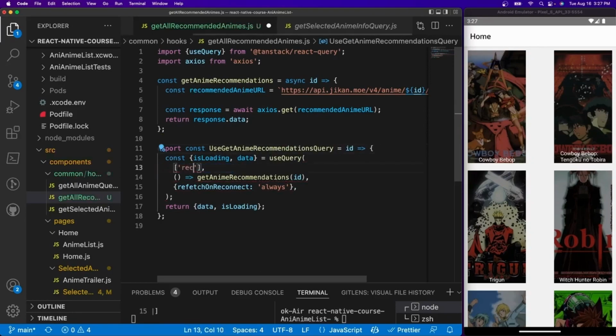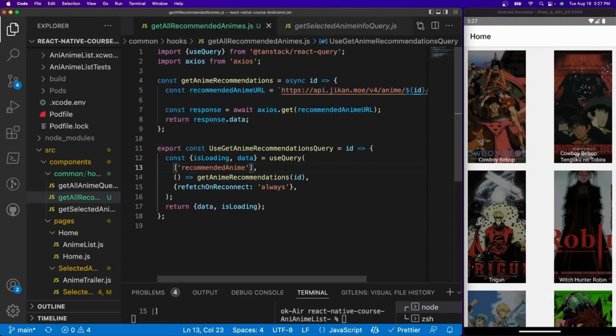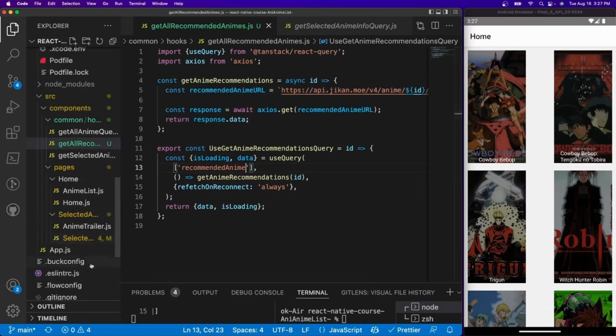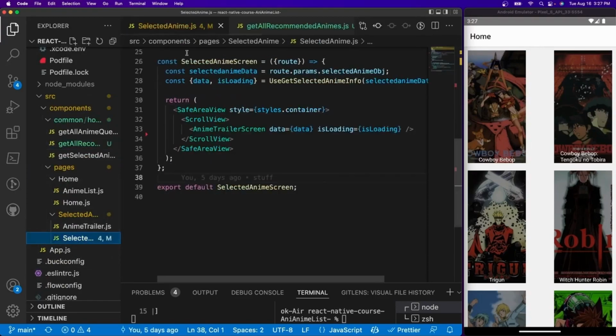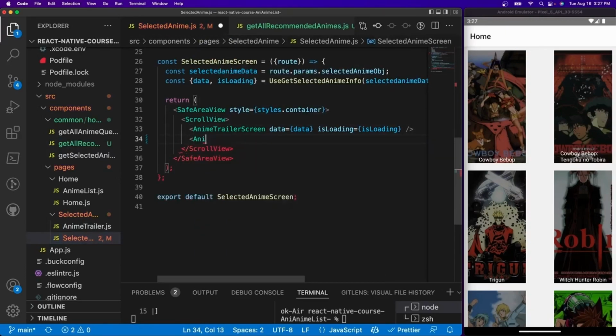Give it a new name. Let's call it recommendAnime. Man, my spelling is awful. Jeez. All right, so now we've created the query and we're talking to the anime API. Let's go ahead and actually create an import for this. So going into my selected anime right here, I'm going to create an import called anime